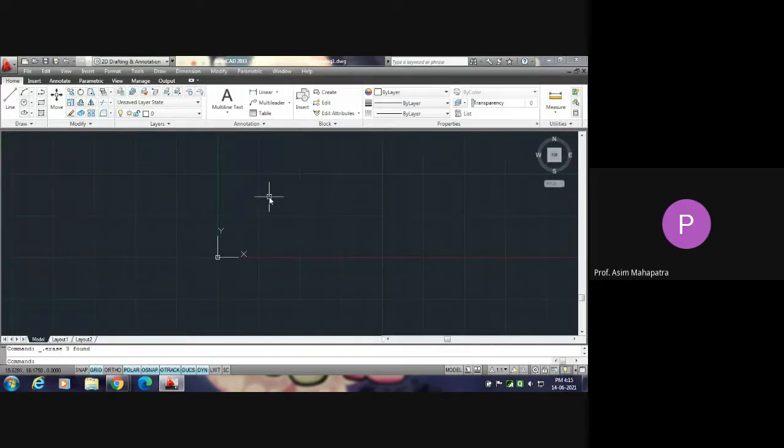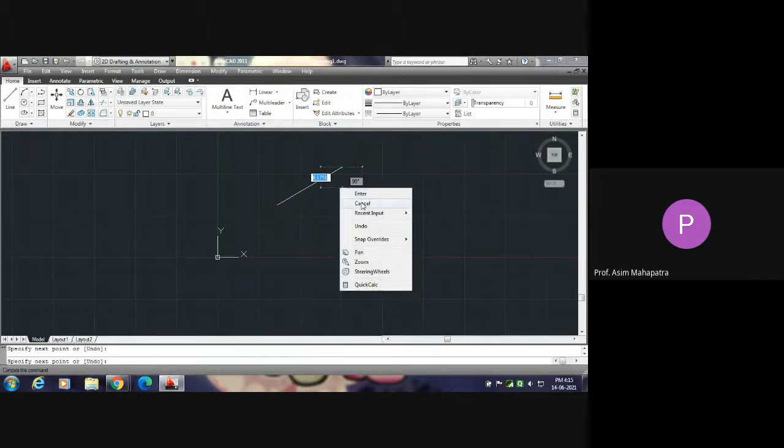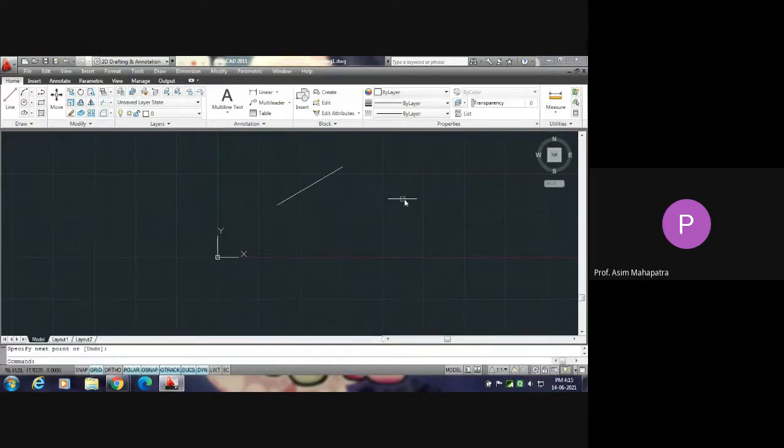Now if you want to move the screen from this position to say towards left or right, what you have to do, you have to press the wheel of the mouse so that the standby cursor will be converted to pan cursor. I am pressing the wheel.